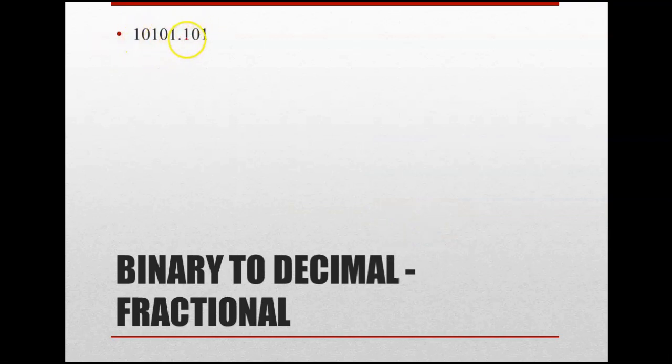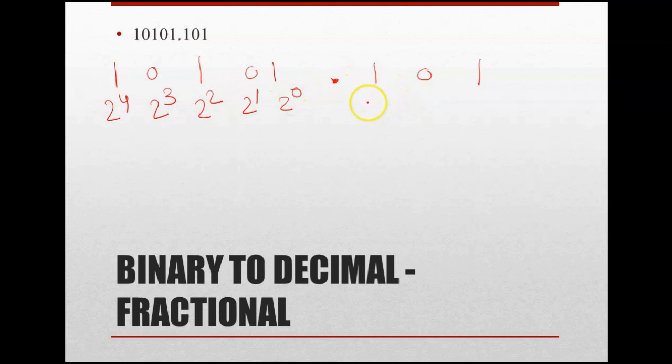You can see we have 10101 and dot 101. I'm separating all the values first just to make it clearer. If you are clear with the integer conversion of binary to decimal, you know you take powers of 2 with 0, then 1, then 2, then 3, and then 2 to the power 4. This is the normal way, but here we have the fractional part also. So you take powers of 2 to the minus 1, then minus 2, and then minus 3. Well, let us start.